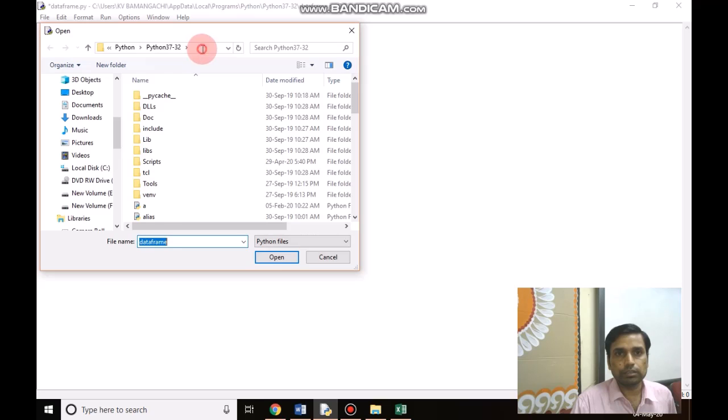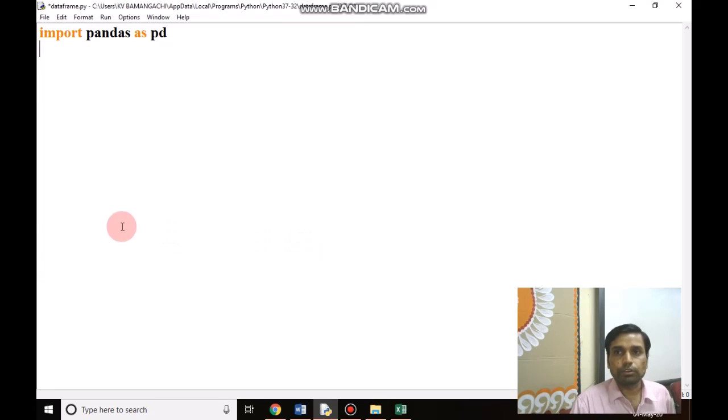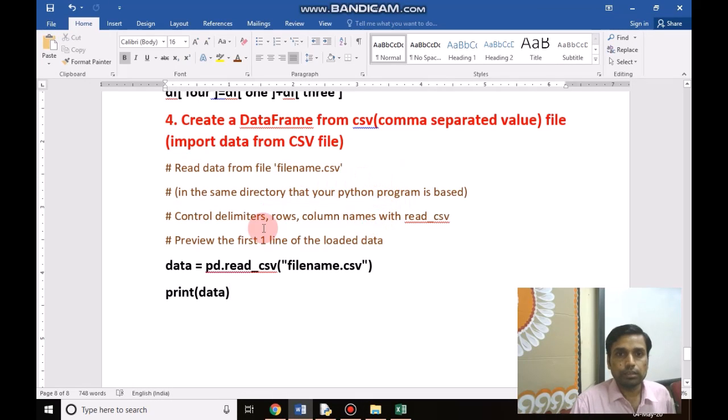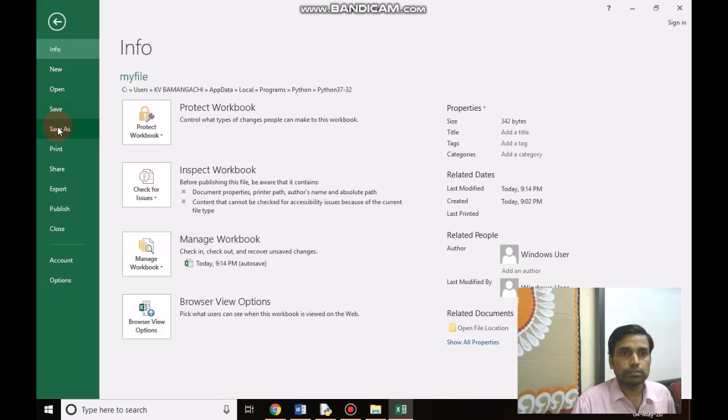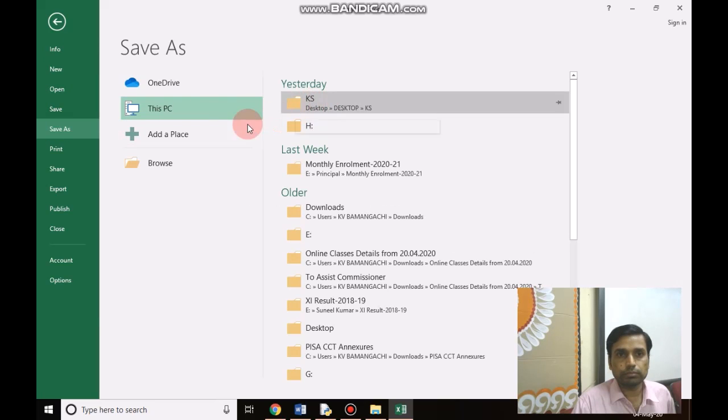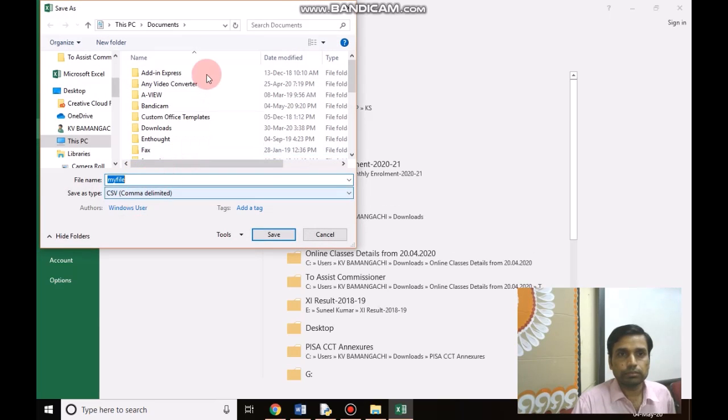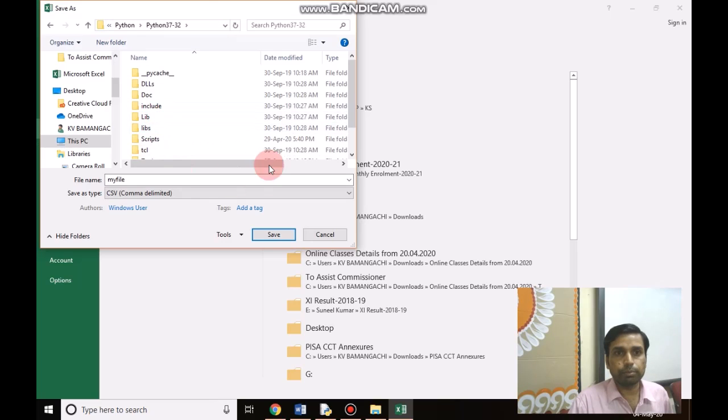You can double click on this path and copy the whole path, and after copying the whole path you will go to the Excel file, Save As. Here you will paste the whole path and press enter. You will go to the Python directory where our Python program is installed, and you will give a name.